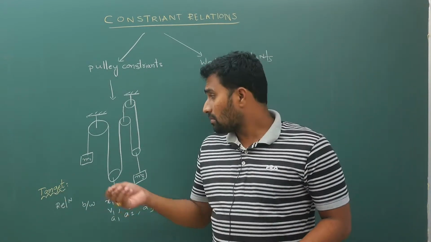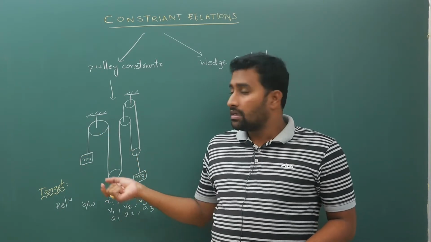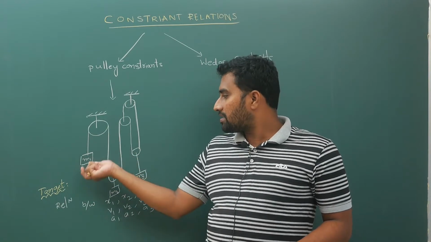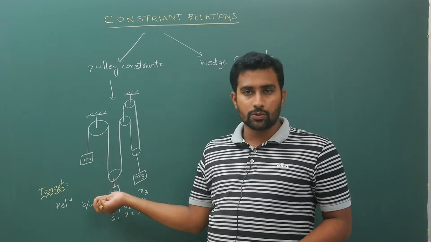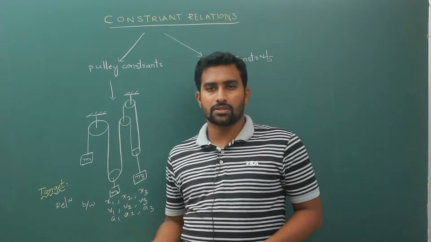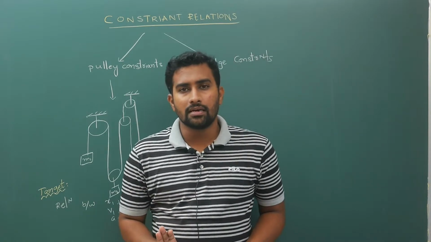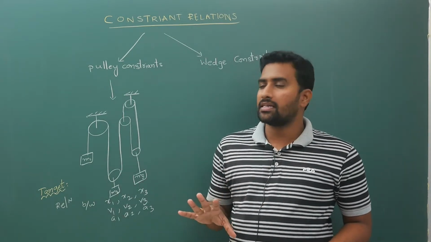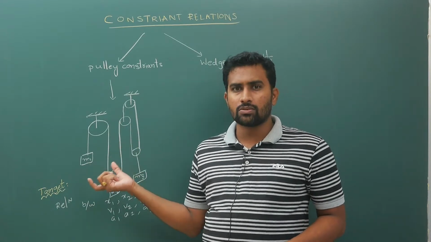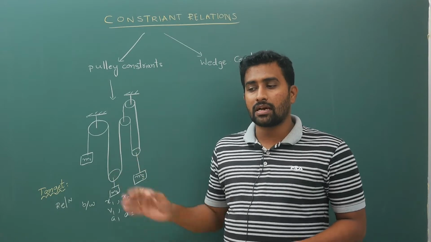Here, the condition means that if you have a single thread and this thread comes down by x, automatically whatever point is attached to this thread is supposed to move in the same way. That is one of the conditions. Like this you will have conditions, don't worry. For now, understand that constraint relation means there will be conditions. This string will have some properties. I will let you know what those properties are, but understand that there are some conditions.